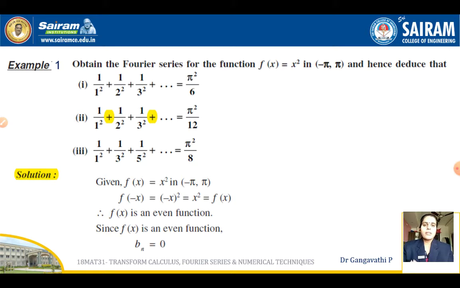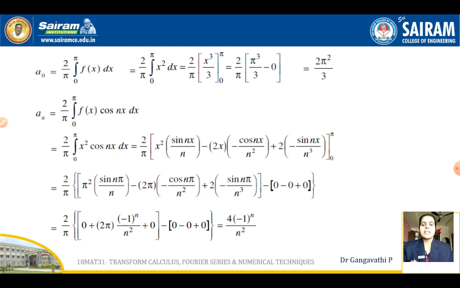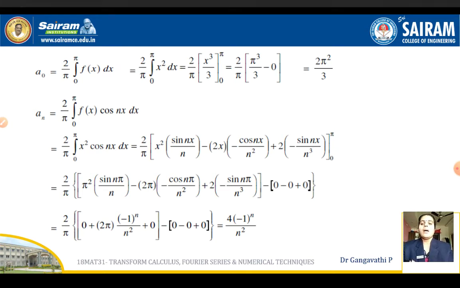And once bn is 0, only the remaining 2 Fourier coefficients need to be evaluated. That is, a0 and an need to be evaluated. bn is already 0. So now let us evaluate a0. The formula for a0 is